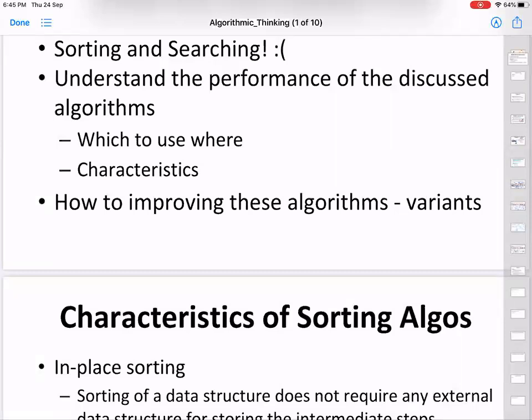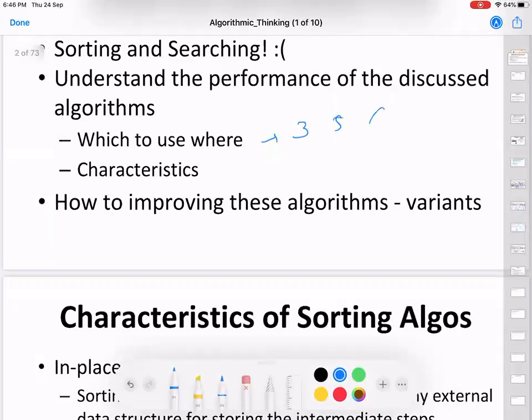Sir, it depends on the size of the algorithm, sir. Size of the algorithm? Yeah, the number of entries in the array. Okay. Let me just show you what the array is, and then maybe you can tell me. Let me give you a sample array, which is say 3, 5, 6, 8. So I have 1-digit numbers. All numbers are just 1 digit, and I have say a million such numbers. I think for that heap sort would be the best.